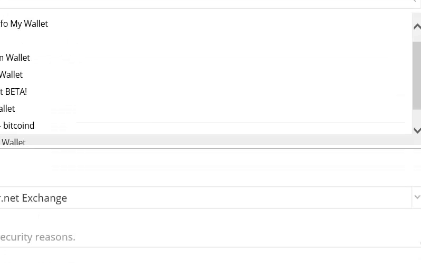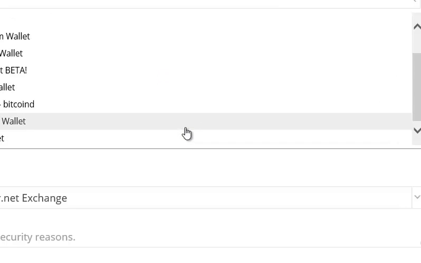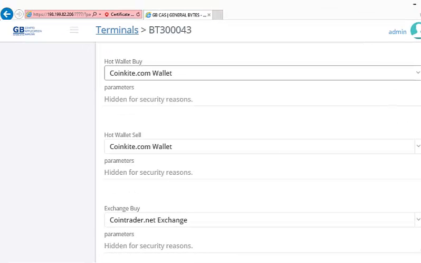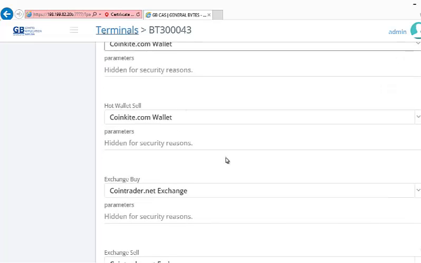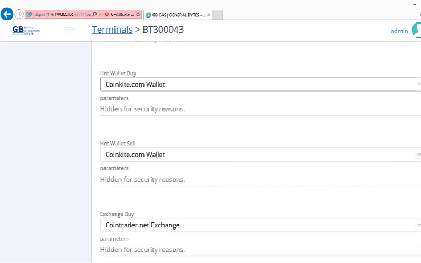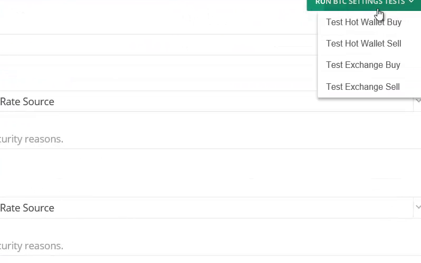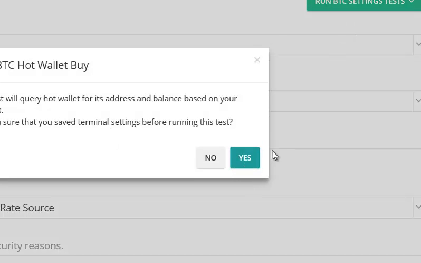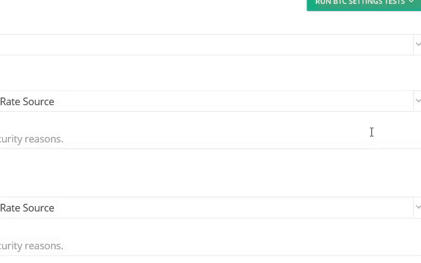Let's go down here to Hot Wallet, buy and sell. Having a hot wallet is where your coins are stored temporarily for quick exchange service from your main exchange, whether it's Kraken or Bitstamp. I use CoinKite personally, but you can use whatever kind you want. Now, for hot wallet sell, we have CoinKite, and for our hot wallet buy, we have CoinKite. Now, if you go up to Run BTC Setting Test and Test Hot Wallet, it'll say, did you update, and hit Submit. Push yes,